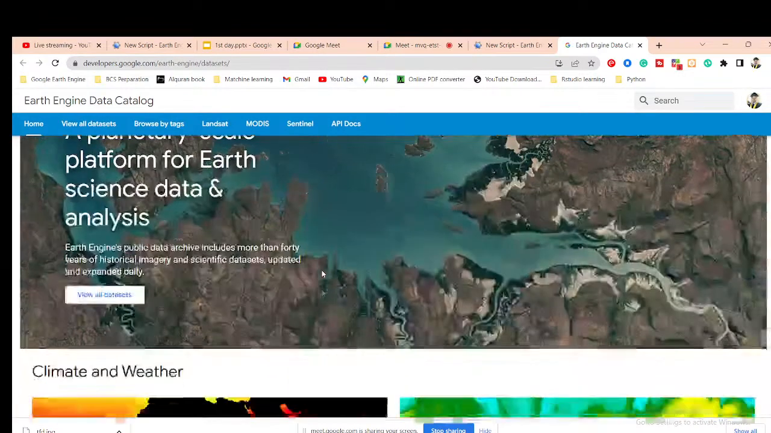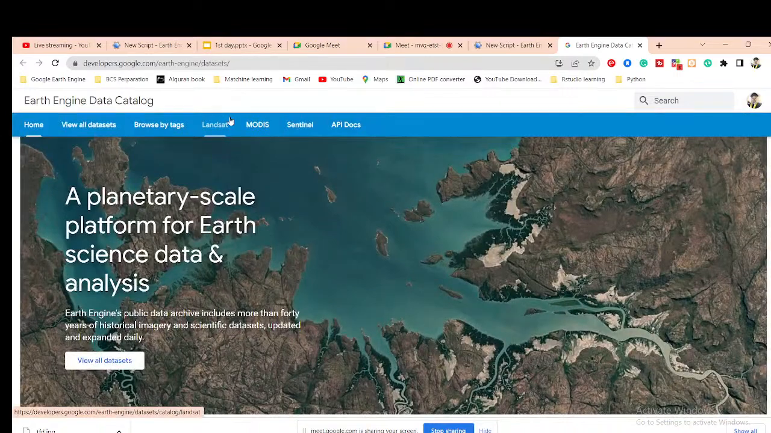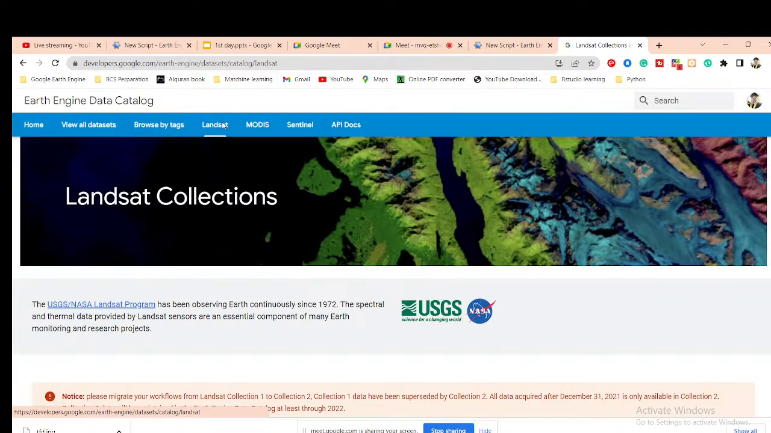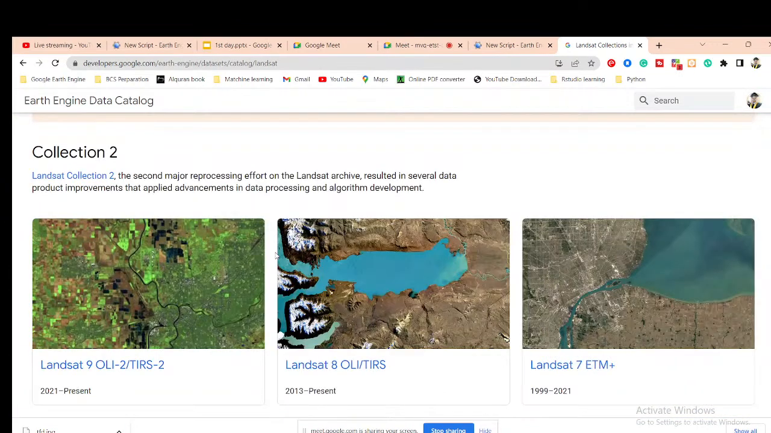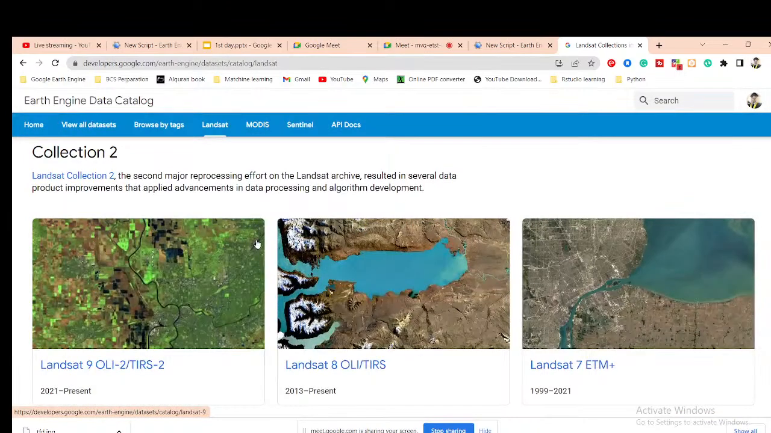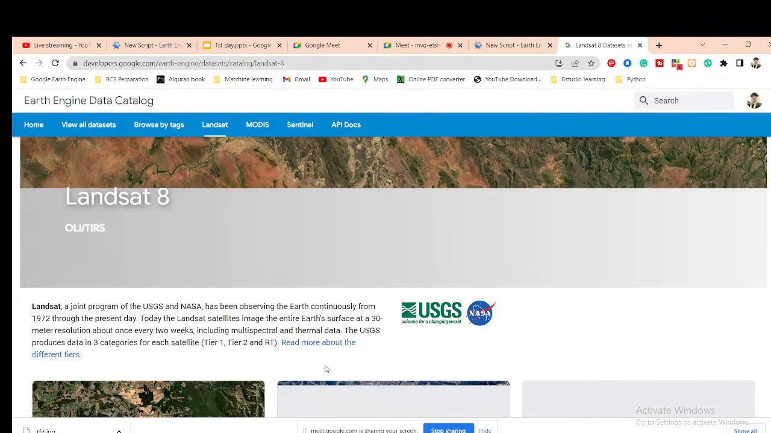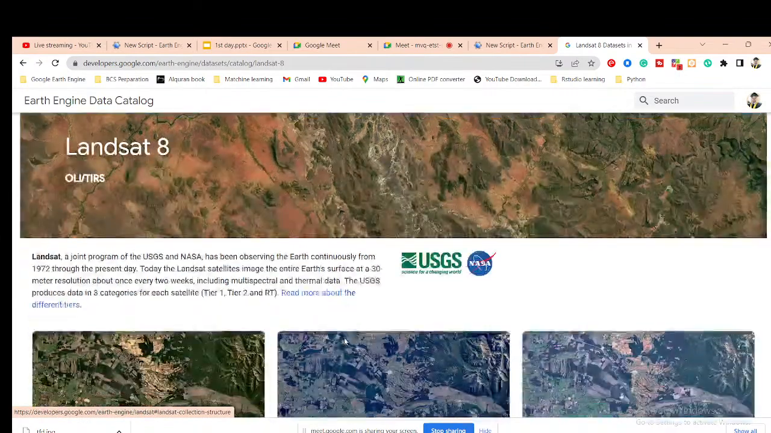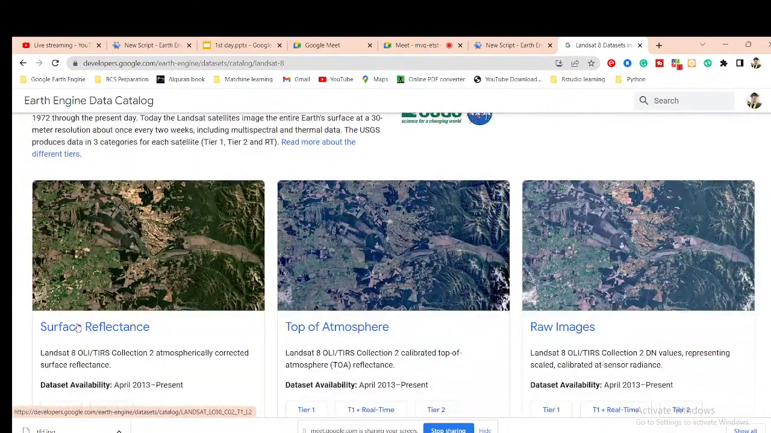Okay, and then you can simply click on Landsat. Click on here, Landsat. So now I can get all of those Landsat image collections. You can see Landsat 9, Landsat 8, Landsat 7, Landsat 5, Landsat 4, Landsat 1 to 5. So all of these image collections I can get. Suppose I want to work with Landsat 8. So simply click on Landsat 8. So now you can get all of the Landsat image collections, such as the surface reflectance image,